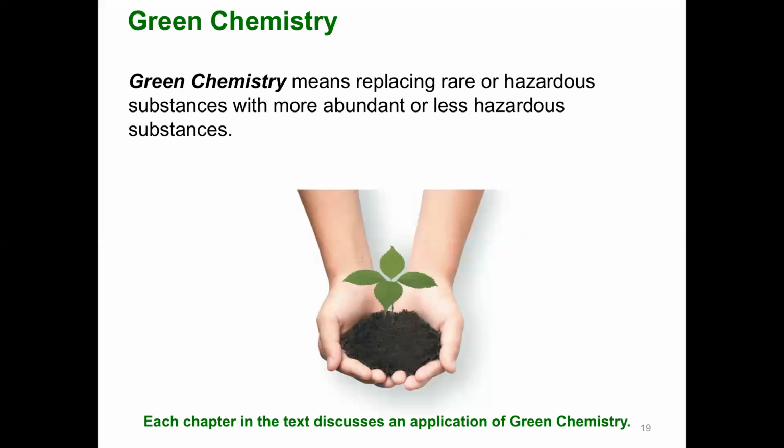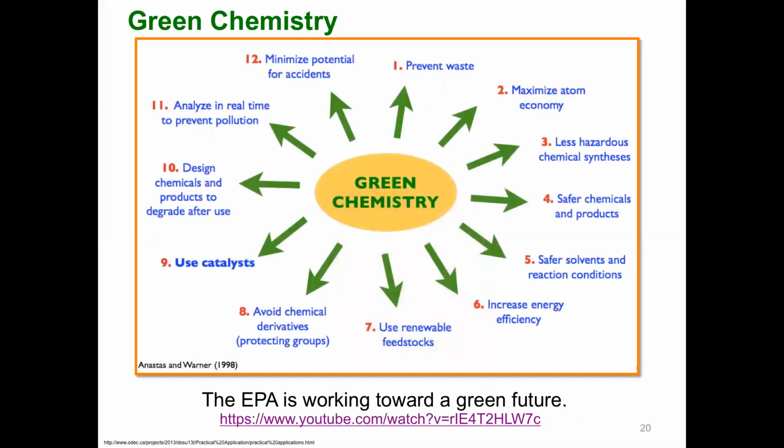So they're trying to take out cadmium and use metal hydrides instead, take mercury out of light bulbs and things like that. So that's getting rid of the hazards, okay? And then I left you with a lot of videos here if you're interested in that. But basically, when it comes to green chemistry, there are these 12 principles.